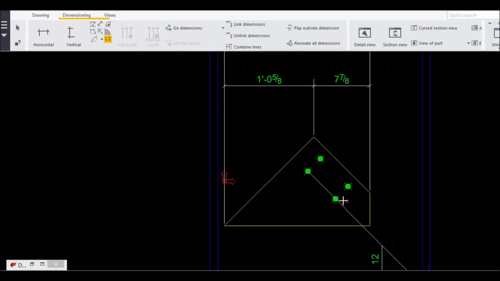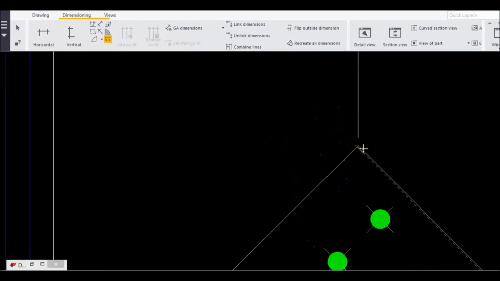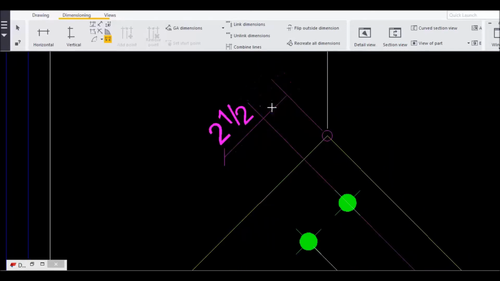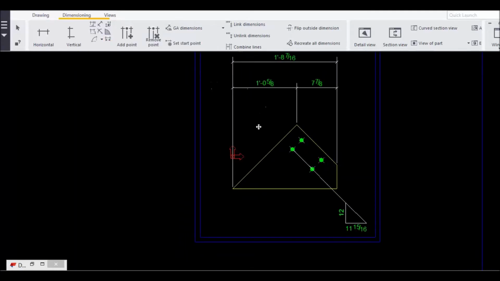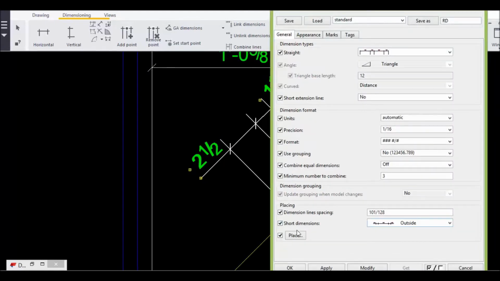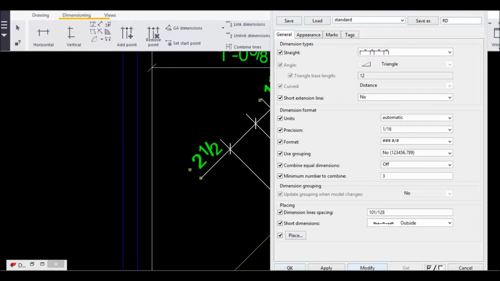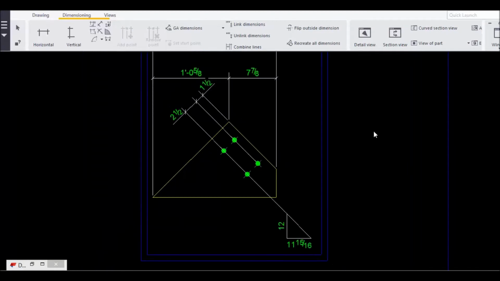If at all you're assigning parallel dimension, first hole, the second point must be a reference line. For example, if you're going in this way, this will be the reference line. If you're going in this way, this will be the reference line. So now we are taking the parallel dimension. So this is my second point, and first point, second point, and so in this way we give the parallel dimension. For example, if this is going a lot, you can double click on this and you can keep fixed, apply, okay, so just be fixed so that it will not go too long.